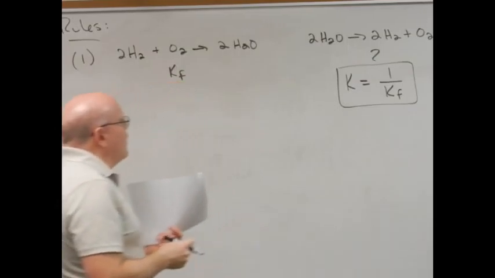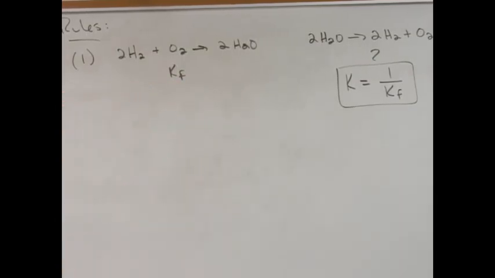So if you have a reaction and you flip it around, you want to know the other equilibrium constant, just take 1 over the original equilibrium constant. That's a rule. We'll see a problem with that in just a second. A lot of times they'll give you a reaction with its equilibrium constant and ask you what's it for the reverse reaction. 1 over the number will give you that value. The other one that they can ask you is they can give you a reaction